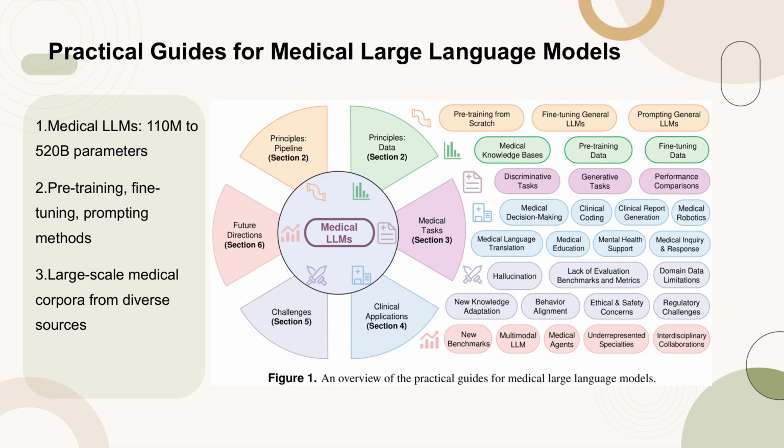Figure 1 provides an overview of the practical guides for developing and deploying medical large language models, LLMs. These models, which range from 110 million to 520 billion parameters, are primarily developed through pre-training, fine-tuning, and prompting methods, utilizing large-scale medical corpora sourced from various domains. The figure highlights the importance of these methods in creating effective medical LLMs, which are essential for enhancing clinical diagnostics and medical education. Additionally, it underscores the need for comprehensive evaluation frameworks to ensure the responsible and effective utilization of